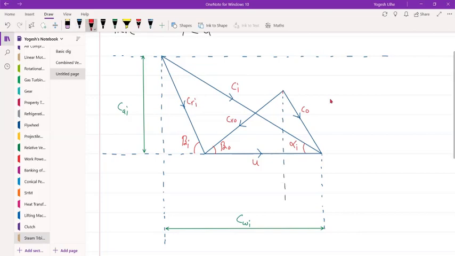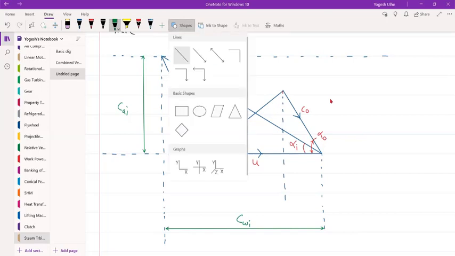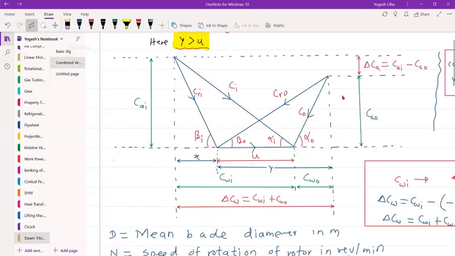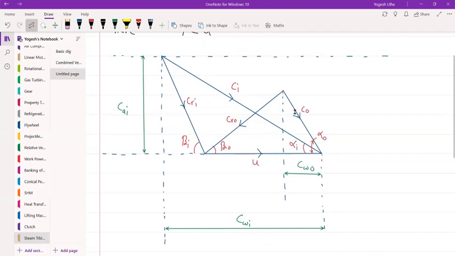Okay. In this scenario, guys, this is our alpha O, everyone. Then from here to here, this is our CWO. If you see the previous diagram, CO is like this. But in this diagram, how is the CO? CO is like this, guys, in this way.